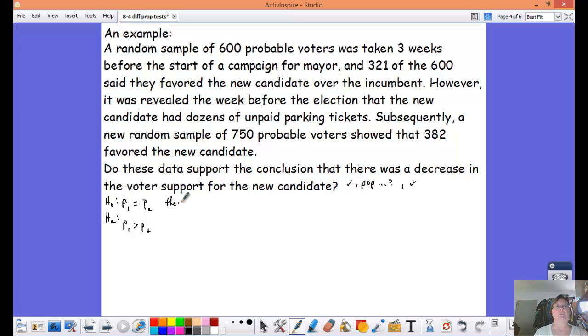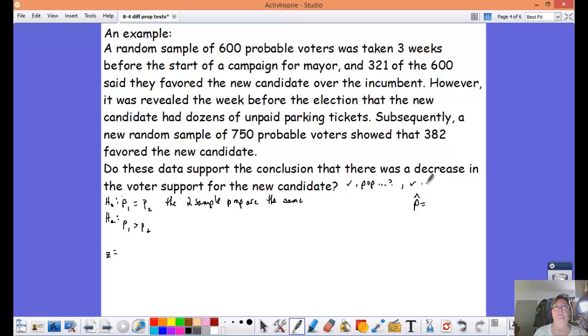The two samples, this is deciphering what this means in terms of the context. The two sample proportions are the same or close to the same, and those proportions were in favor of this candidate for mayor. Let's go ahead and find the z for this, and before we do it, I might want to do some side work out here. P hat